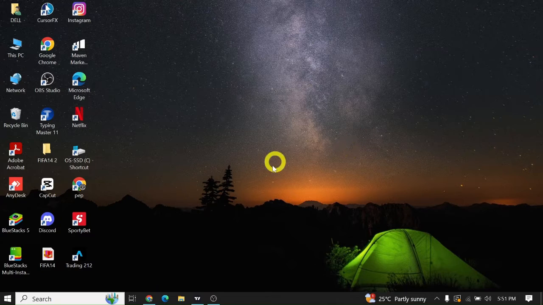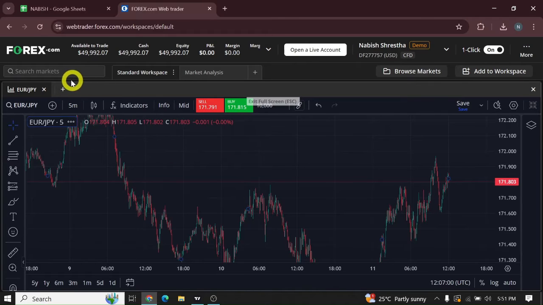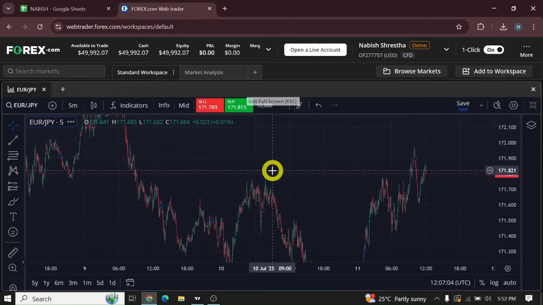To place a trade, first of all, open a browser on your laptop or mobile device and enter Forex.com. After you enter the website, log into your account with your registered email and password. After you get logged in,